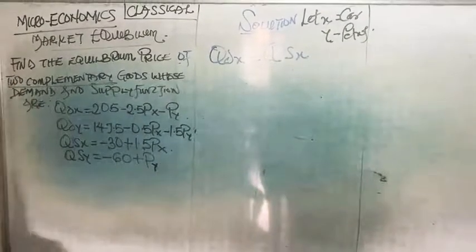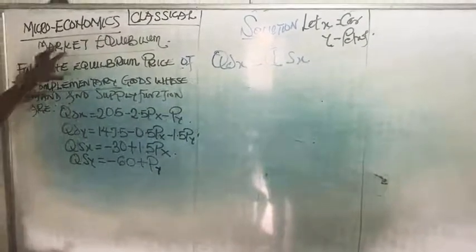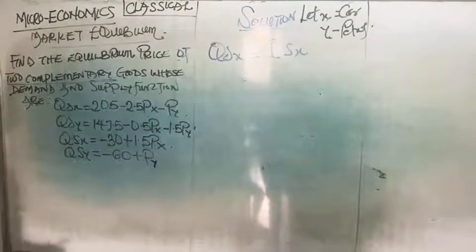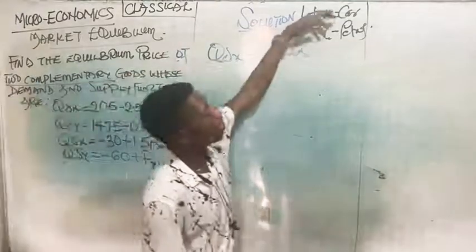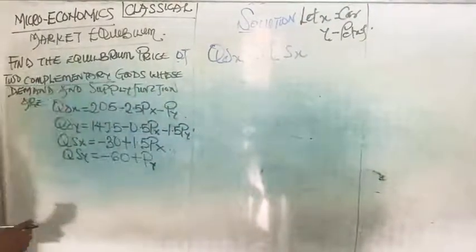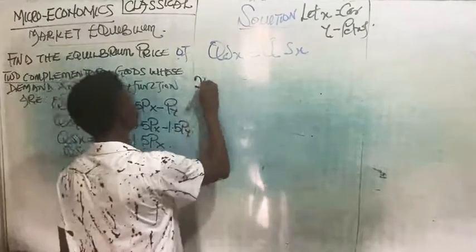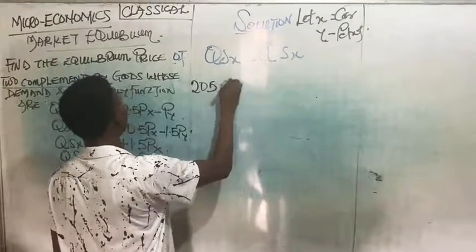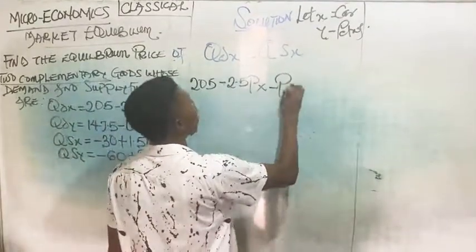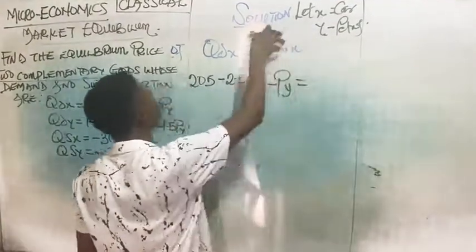Because of the analysis, which is complementary goods, and complementary goods tend to be a joint demand, which is car and petrol. So let's say my QDX is 205 minus 2.5 PX minus PY, must be equal to